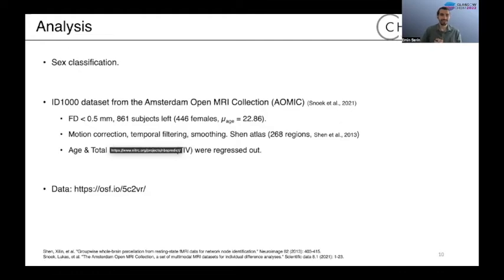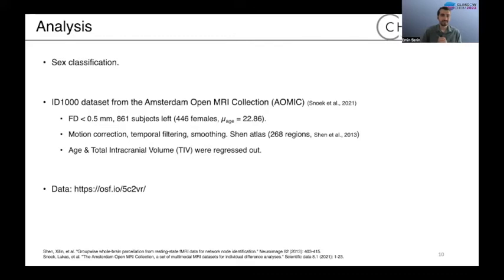Let's talk about today's analysis. Today we're going to do sex classification. I picked classification instead of regression because it's a little more complicated, so I thought it might be more beneficial for you. But don't worry, because the difference is really minor. I will also quickly talk about the difference while we are setting the parameters for the analysis.